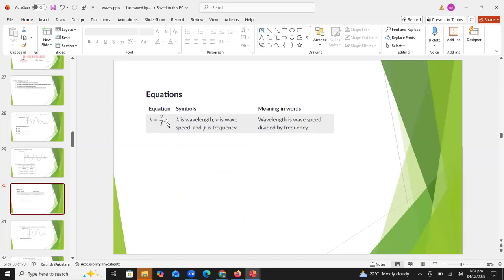And what should be the unit of speed? The speed symbol is v. I'm asking about the unit of speed. Meter per second. Exactly, students, meter per second. The speed unit is meter per second.